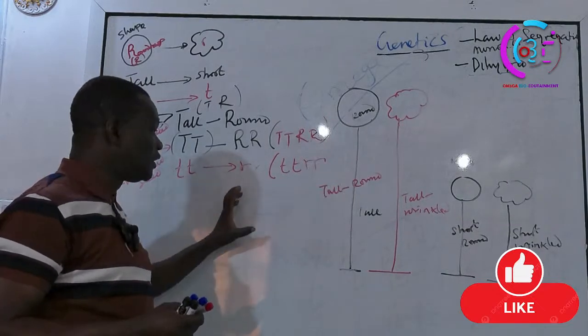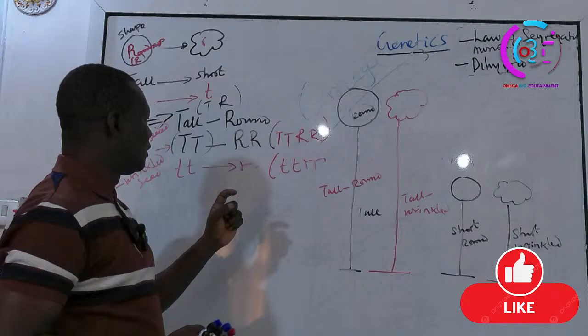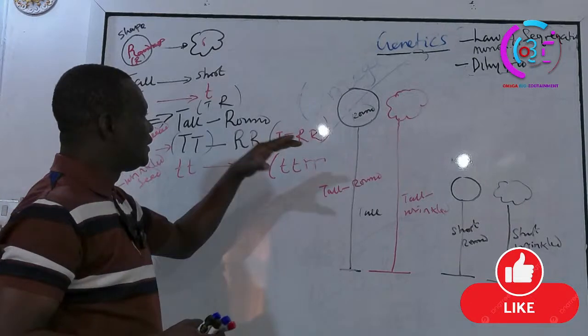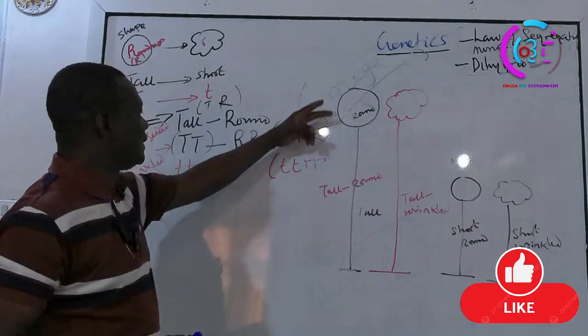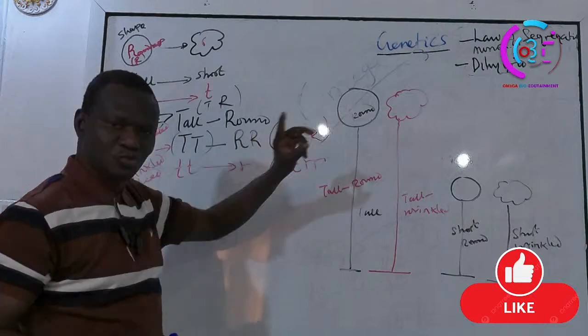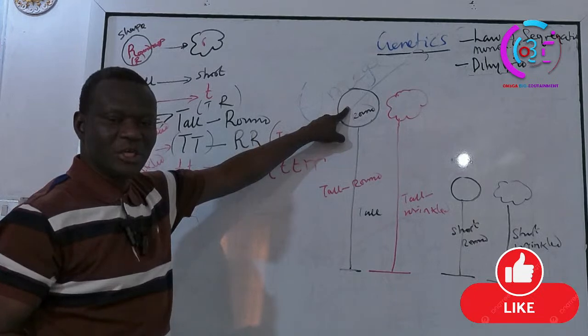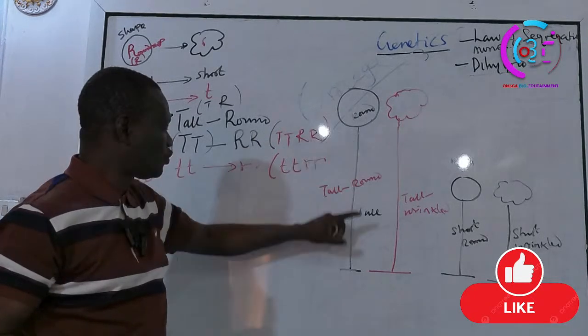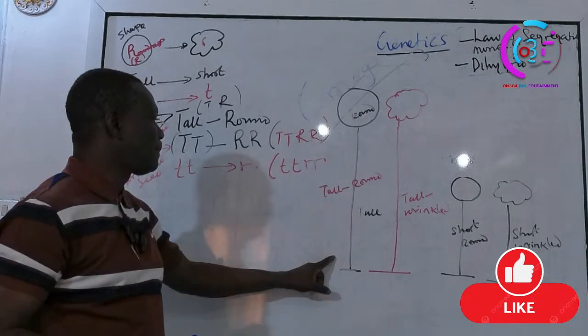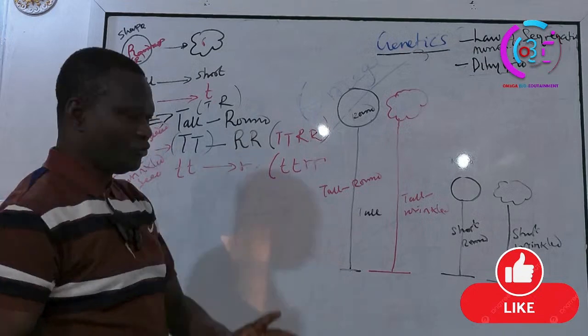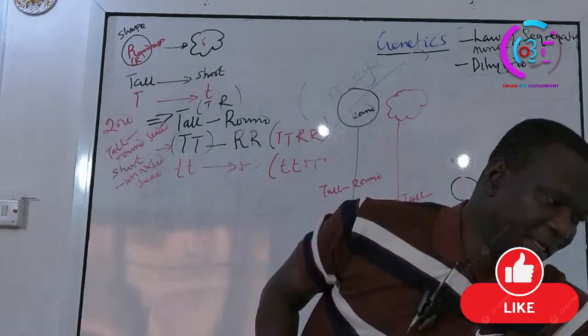So that's one thing that you must remember. It's called dihybrid inheritance because it is talking about two characters or two traits at the same time. It's talking about the shape of the seed as well as the plant, the dihybrid inheritance. Okay, now